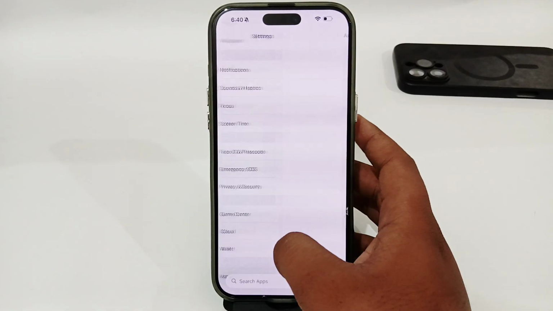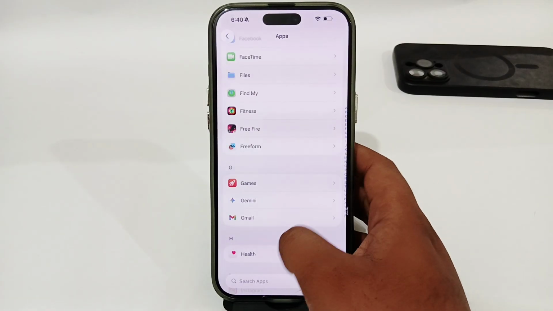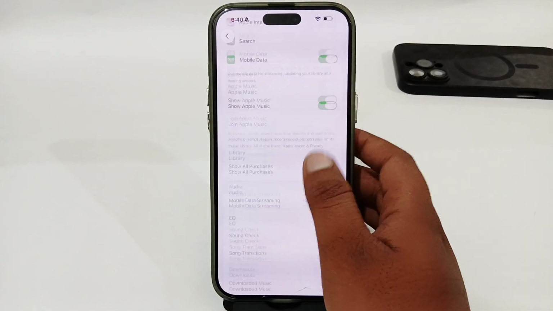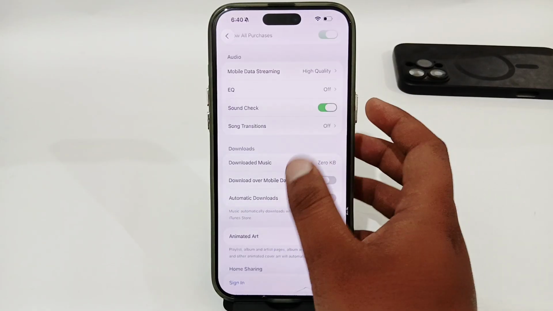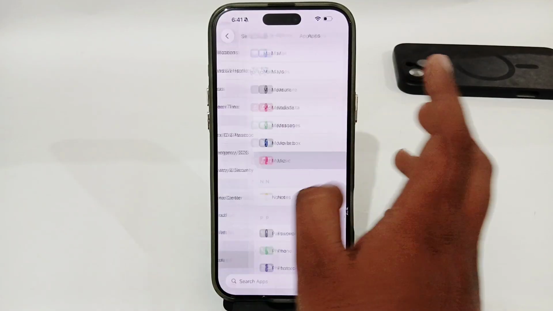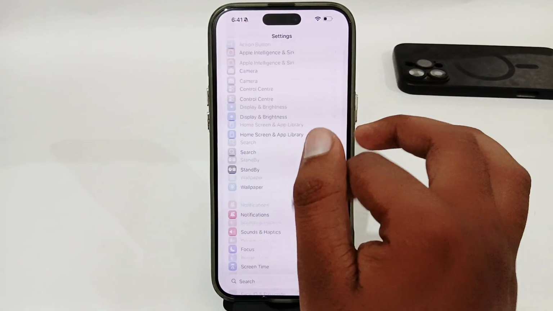you have to go to your apps, and here you have to look for music, and make sure that you haven't disabled any setting from here. So if you are still having the same issues, now what you have to do, you have to go ahead